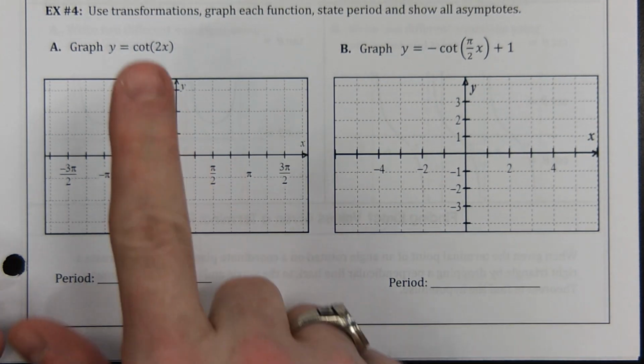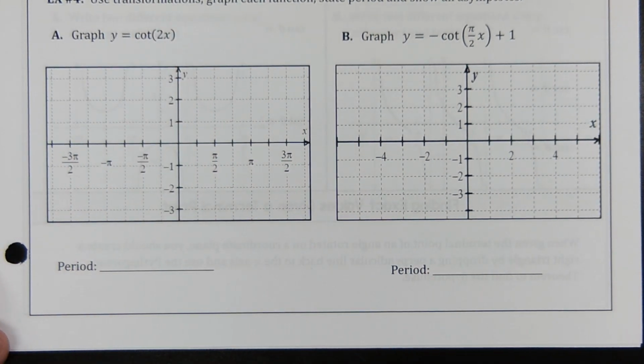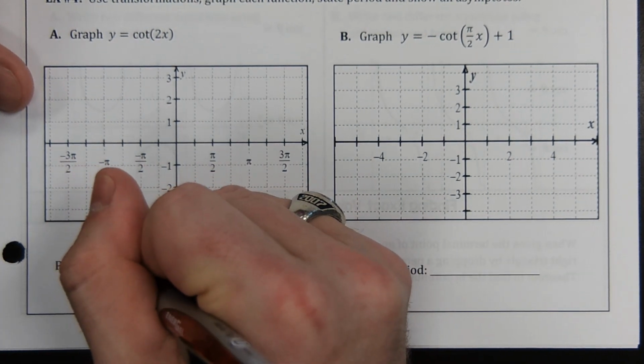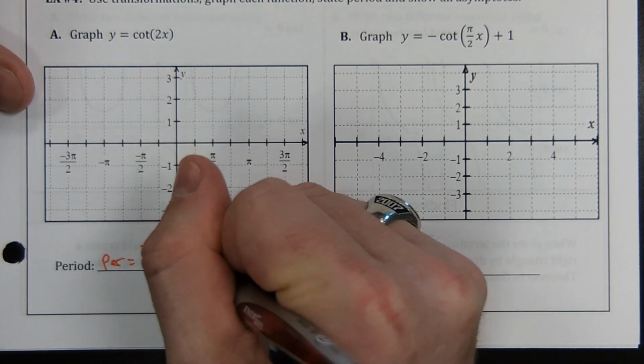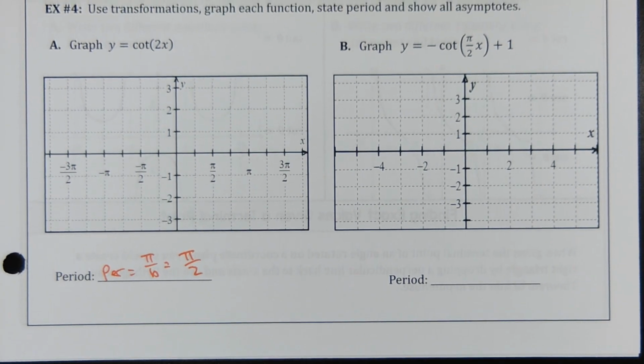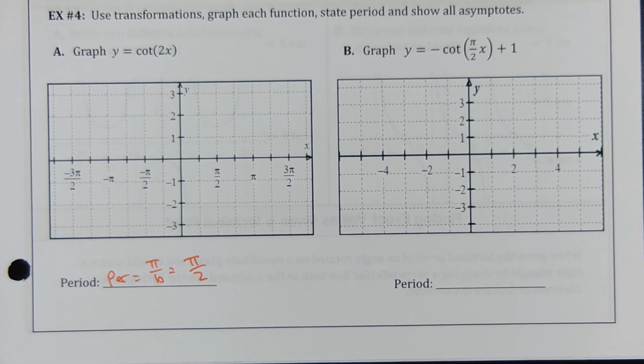Alrighty. Period length. Remember the period of tangent and cotangent are both supposed to be pi. So our period length is pi over b. This b value is 2. So we have a period length of pi over 2. Cotangent,